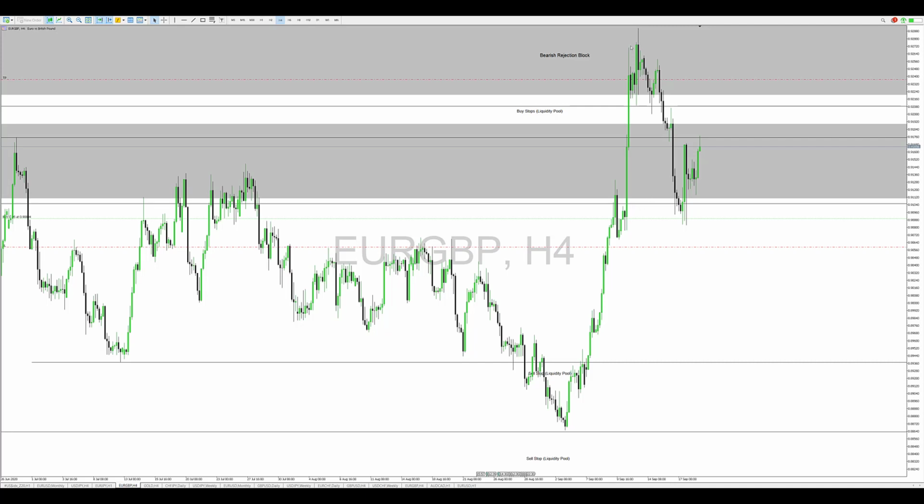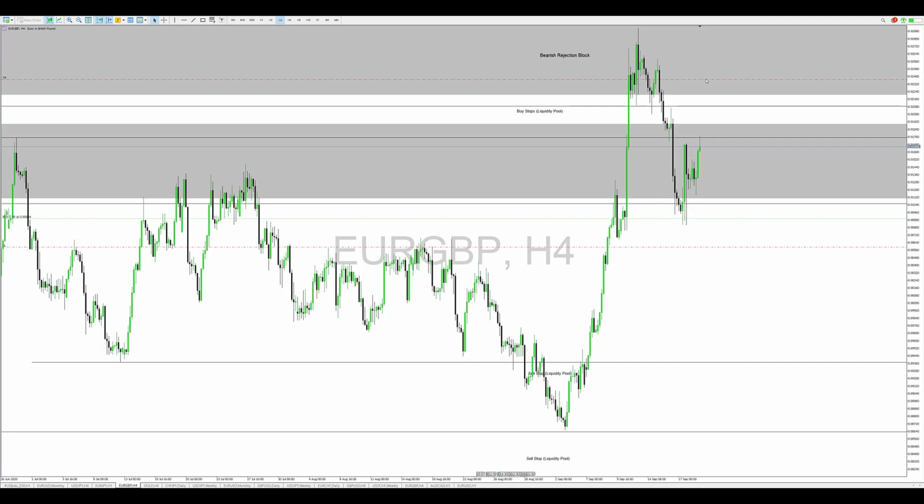You can see price massively ran away, and then it balances. There was a liquidity void there, and then price came back into my last down close candle. This is an H4 chart, right at the 50% retracement. This is where I took the long position. I even advised the guys in the group about this trade, and then you see how price reacted. So yeah, we could see further moves to the upside.